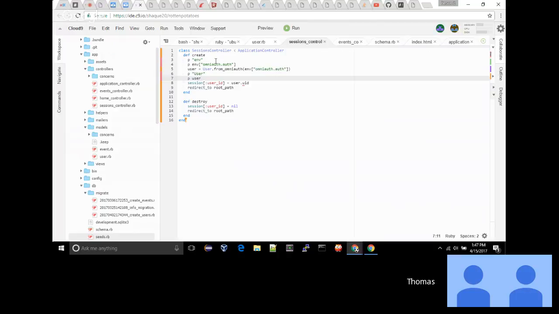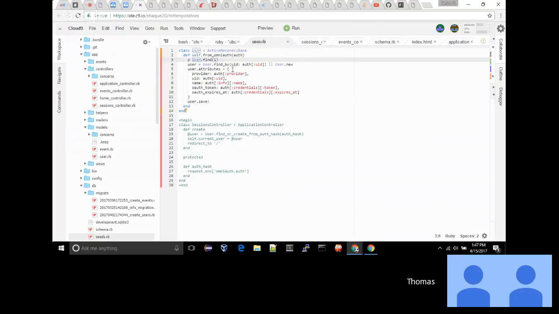It's not returning a user. So I think the code here is fine. We still have some boo-boo in our model. All right, so user equals user find by